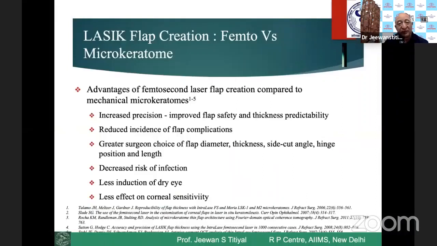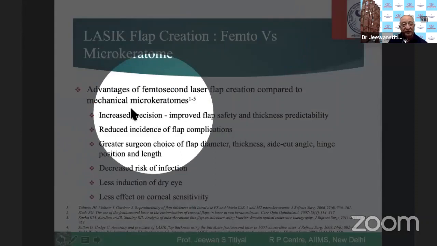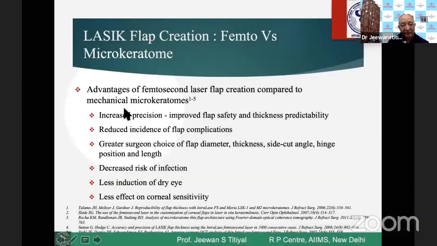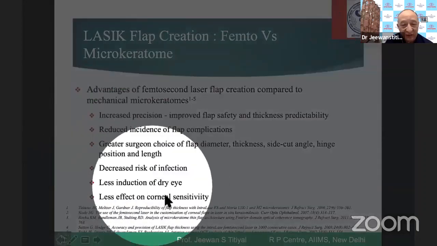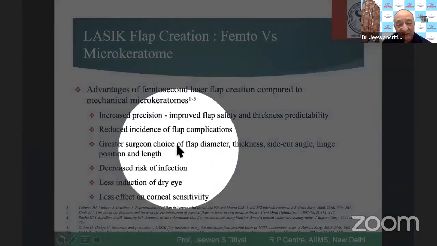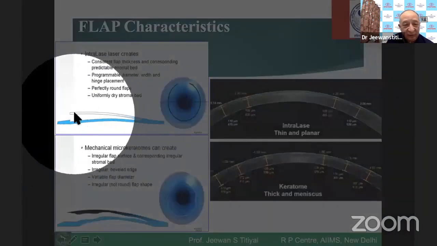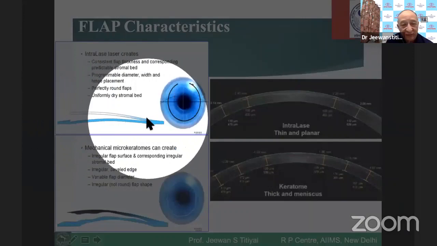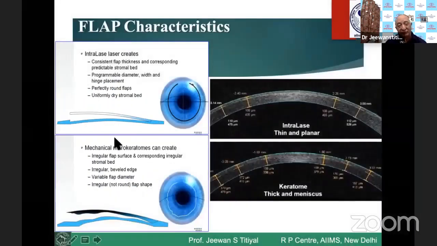The surgery is simpler, more predictable as compared to microkeratome. If you compare microkeratome versus femtosecond laser, there's a more precise cutting of a flap in these cases. So once you have the most precise flap cutting, predictable, less complication to a flap, and you have lesser chances of dry eye, lesser loss of sensitivity to cornea, and lesser chance of infection also. So this is what you see in a diagrammatic representation. The femtosecond creates a very nice uniform flap. The thickness from periphery to center is uniform. So it's a planar type of flap.